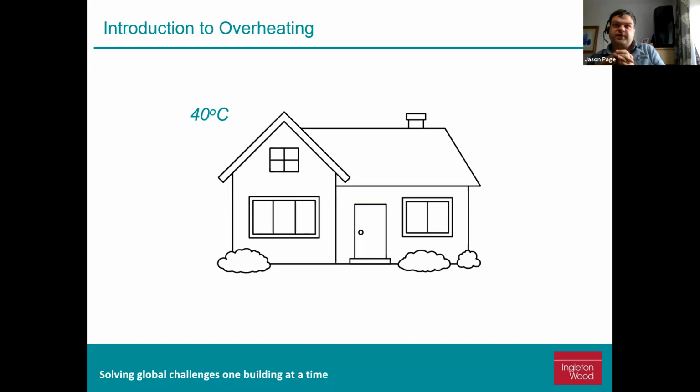But with the summers we've been having and the summers we're projected to have, getting up to 40 degrees last summer, with no reprieve overnight for prolonged periods, it's a recipe for all our buildings to fail because they're simply not designed to cope with that scenario. So we need to start designing buildings to mitigate against overheating during the summer, as well as retaining the heat during the winter. This is where Part O is attempting to influence, challenging the way that we design homes.